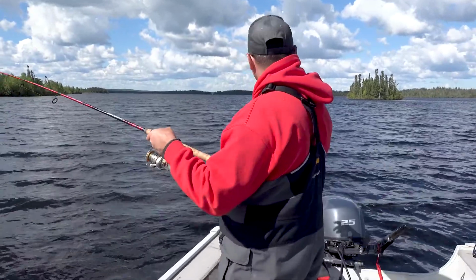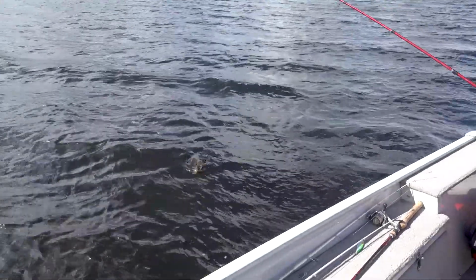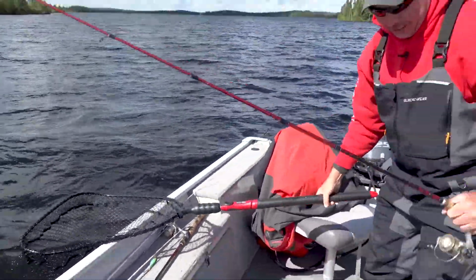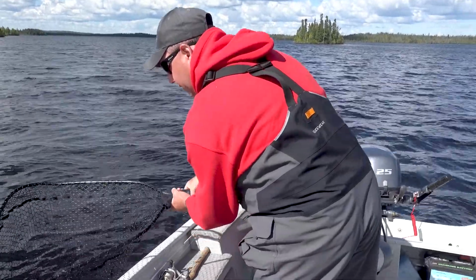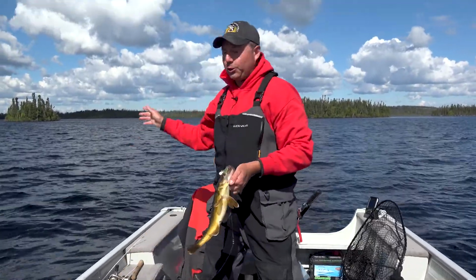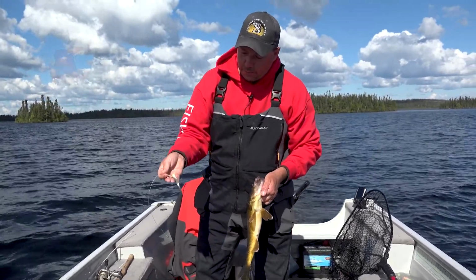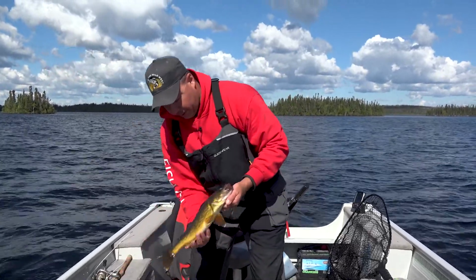We're out here. It's our final day. And we're out here just slow drifting, jigging up some of my favorite species, walleye. I got a big sky jig on there. Hang on, fella. Just slow drifting out here off these rock islands. Slow drifting a big sky jig, baited with a Smallie Smasher from Big Bite Baits,